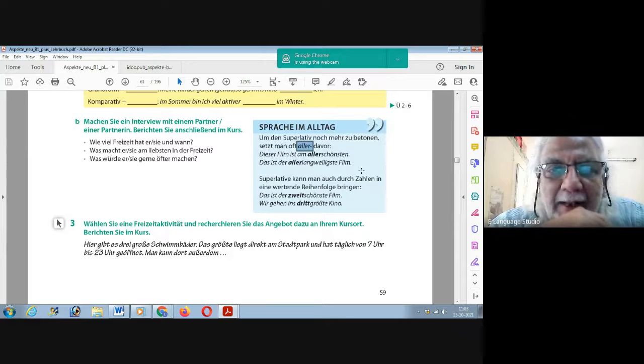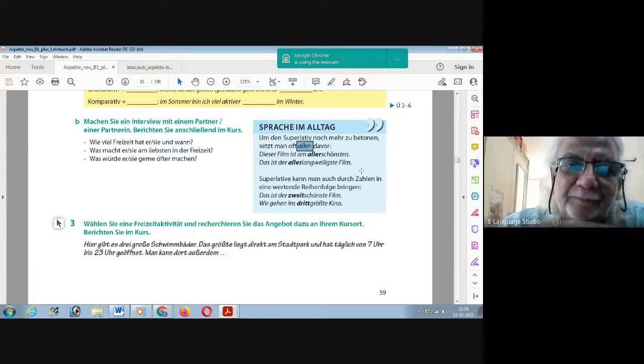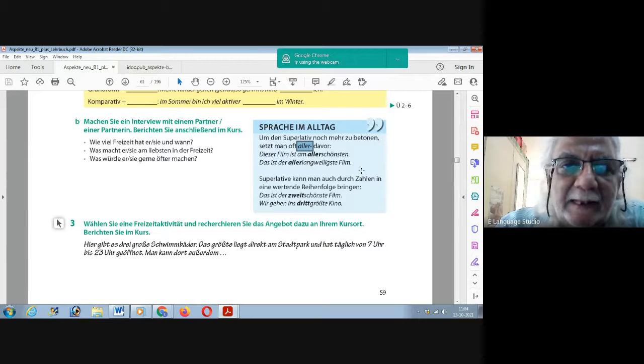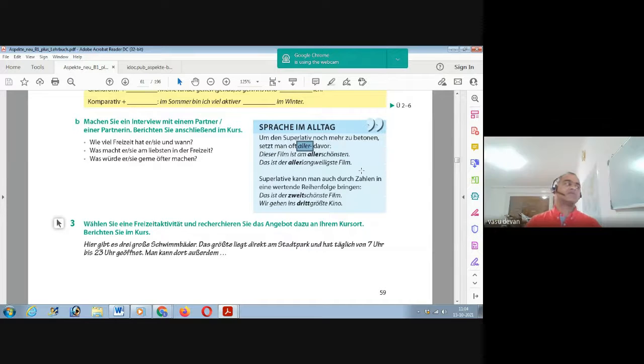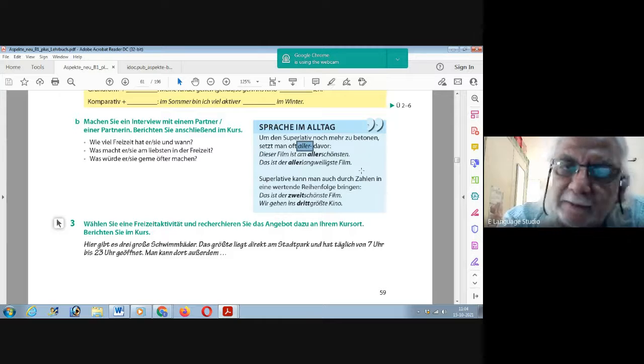Genau, also so kann man auch etwas ausdrücken. You can express something in that manner also. Allerschönste. So you don't have to mention that it is the best film in the entire universe. It's not necessary. The moment you say allerschönste, it covers all aspects. Allerbeste. Ja, die Sieger bei den Olympiaden sind die allerbesten Spieler. The winners at the Olympics are the best sportsmen. I don't have to say in the world. It's understood. Allerbeste. The best of all. That's why they call it the gold medal. I'm talking of the top three in that sense. If I specify gold medal, then you know they are the best, even surpassing the silver and the bronze medalists. So allerbeste,